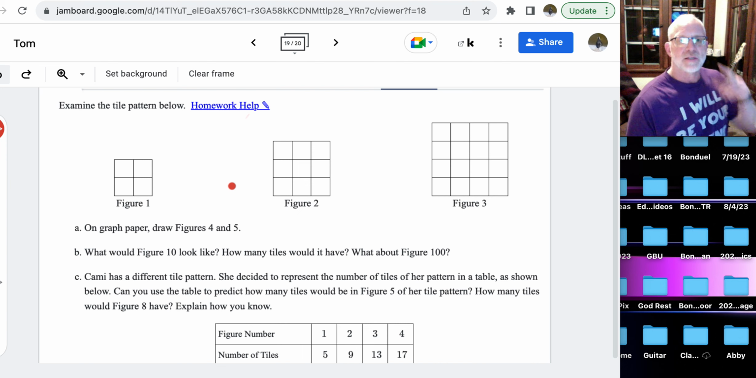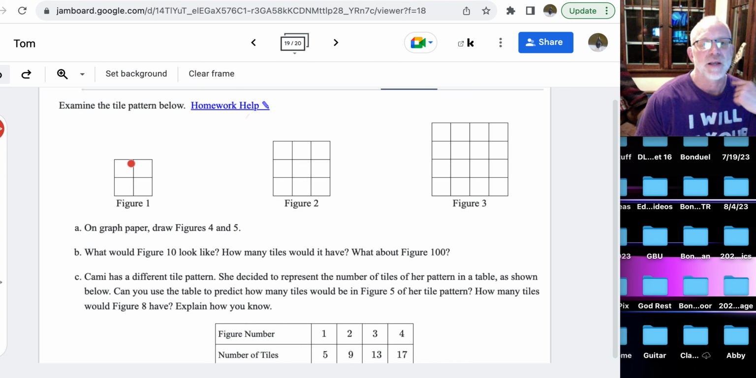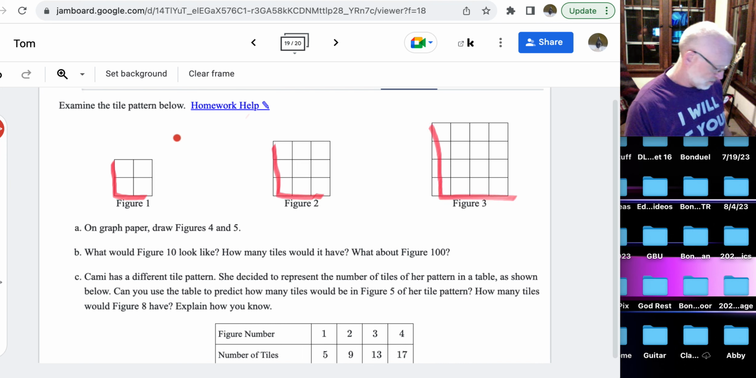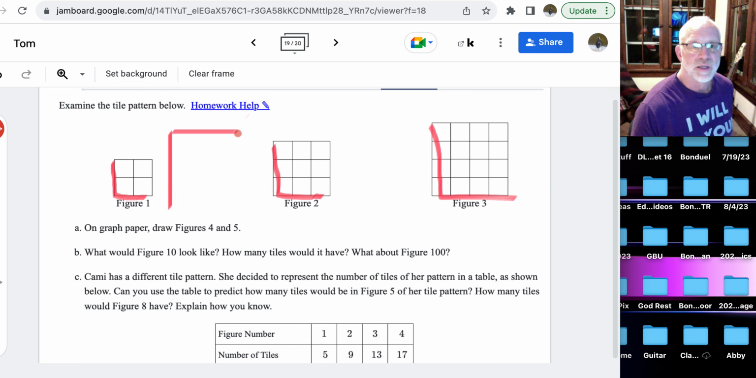Okay, so it says examine the tile pattern below. Here's figure 1, here's figure 2, here's figure 3. What does figure 4 look like and figure 5? Well, I said figure 1 is 2 by 2. Figure 2 is 3 by 3. Figure 3 is 4 by 4. And then I just assumed that figure 4 would have to be